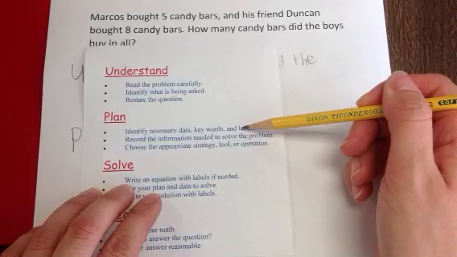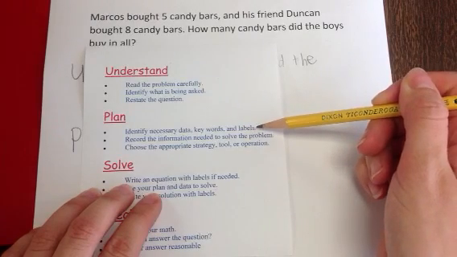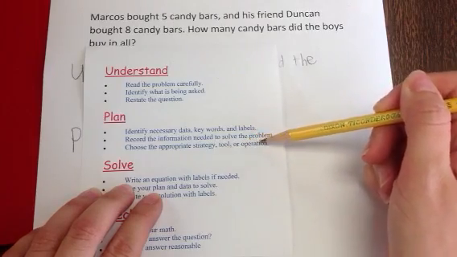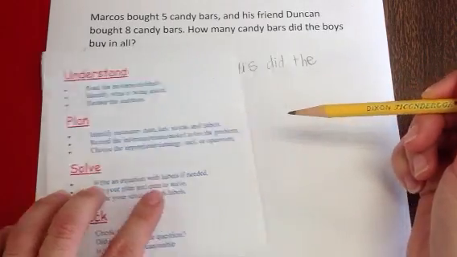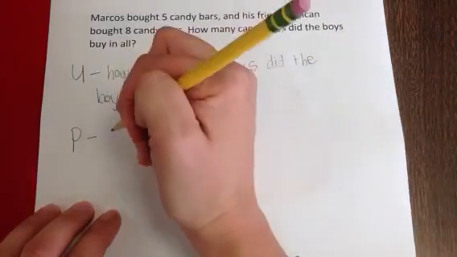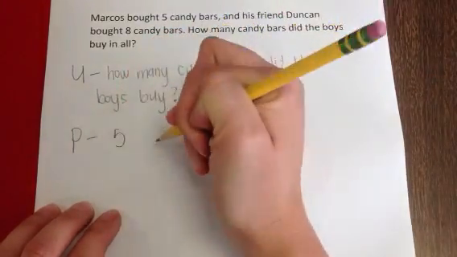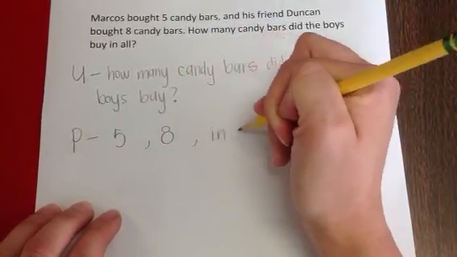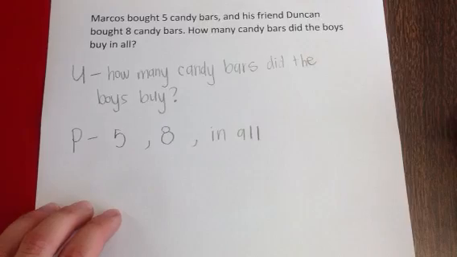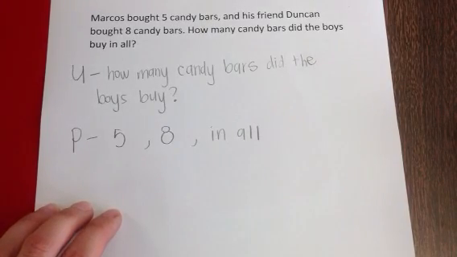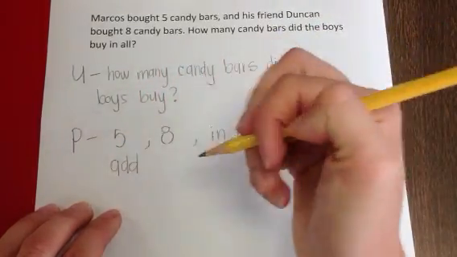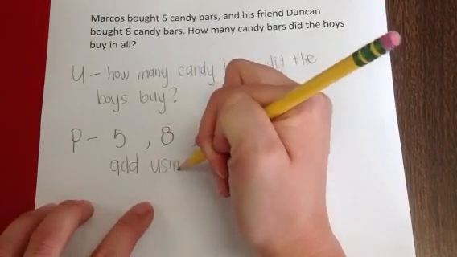During plan, we're going to identify necessary key data, words, and labels, record information, and choose the appropriate strategy or tool. So when I go over to plan, I know I'm going to need 5, and I know I'm going to need the number 8. And in all was a key phrase. Then I'm going to state what I'm going to do. I'm going to add using